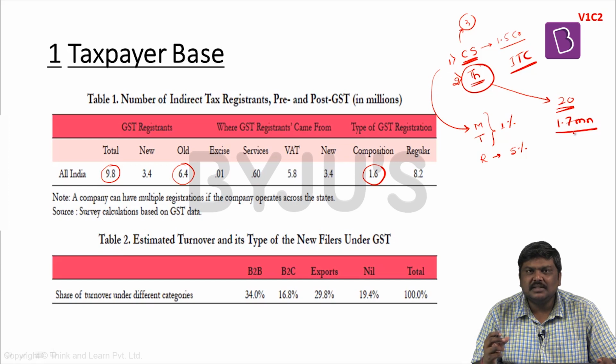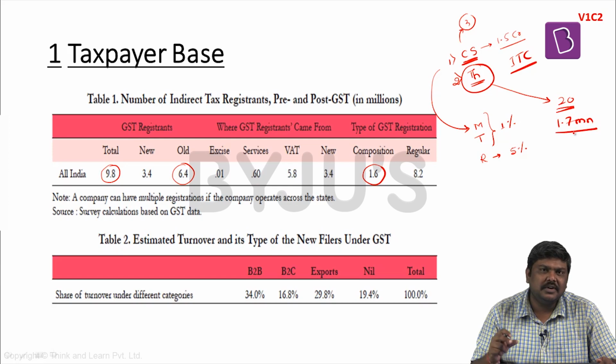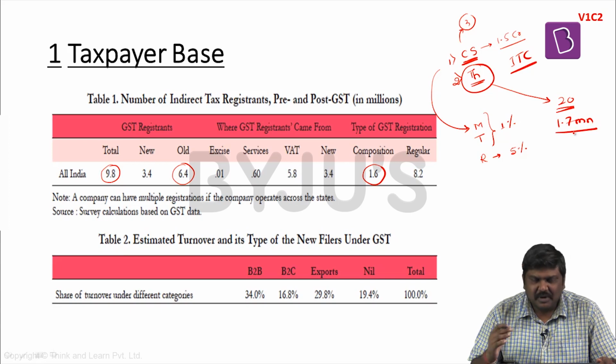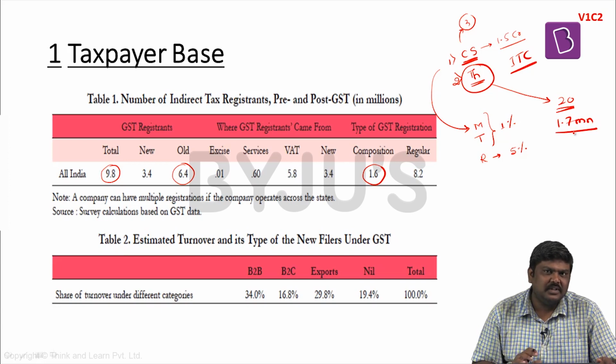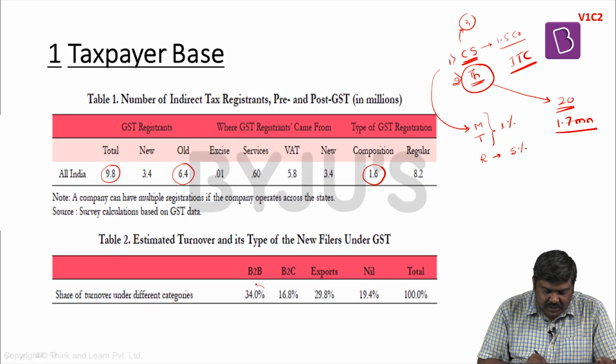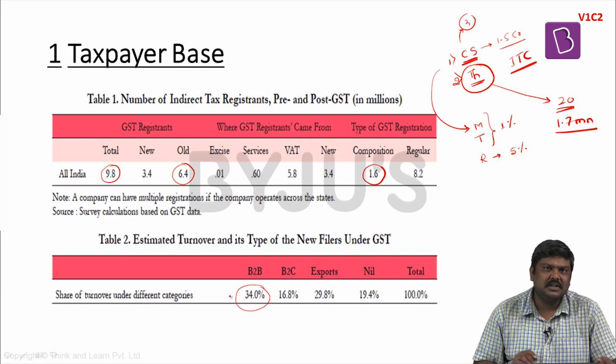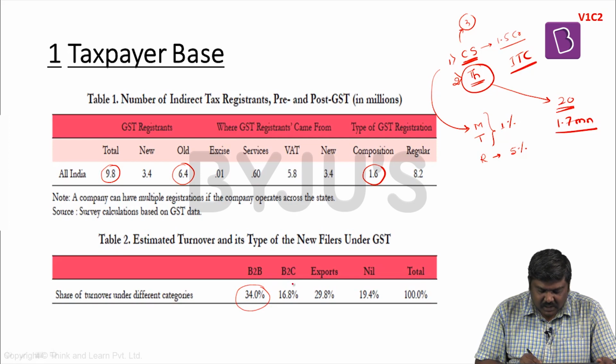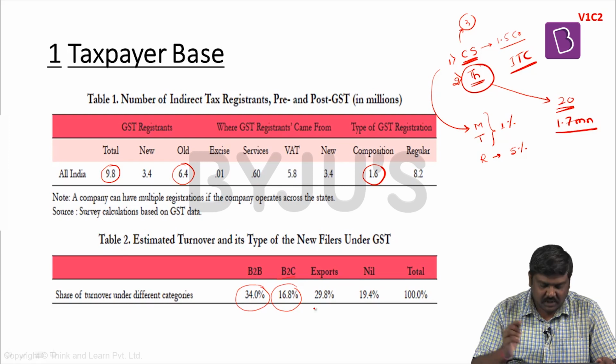Now, this kind of compliance has been done for a simple reason. These particular firms have a huge amount of trade with the bigger companies, and since they are trading more than 60% of their products with the bigger companies, they want to utilize the input tax credit which is provided under GST. Apart from this, the information that can be derived with respect to the taxpayer base is, out of 9.8 million registrants, 34% of the turnover comes from the B2B business, that is business to business, and around 17% of the turnover comes from B2C business, that is business to customer, and around 30% of the turnover lies in